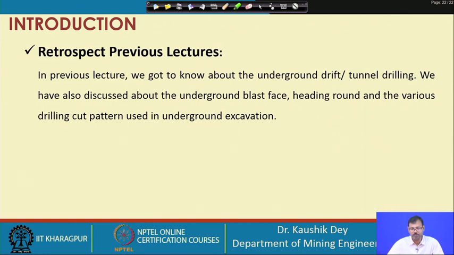These different patterns are basically designed to create a new free face for carrying out the blasting of the remaining rock mass. We have discussed the underground blast phase, heading rounds, and those different terminologies in the last class, and we have already discussed the wedge cut and pyramid cut.